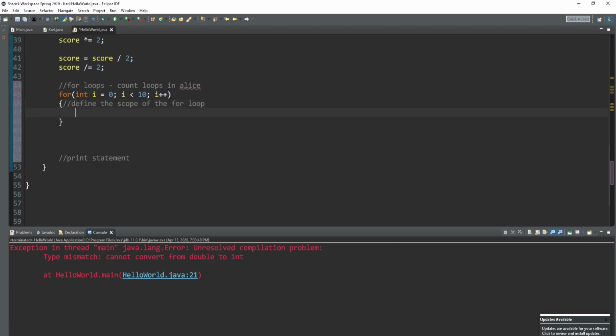Everything inside of these curly brackets is going to repeat and execute 1 time per loop. This loop is going to execute 10 times. And that's because my variable I is starting at 0. And basically what Java does is say, is 0 less than 10? And yes, it is. And so if it is, then it executes the code, and then it does this I++,